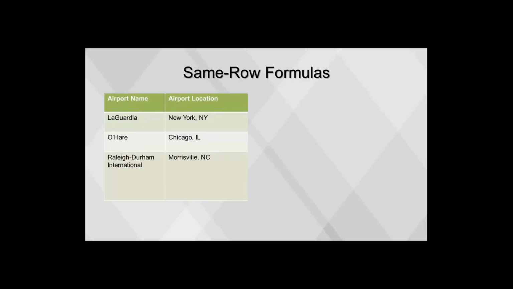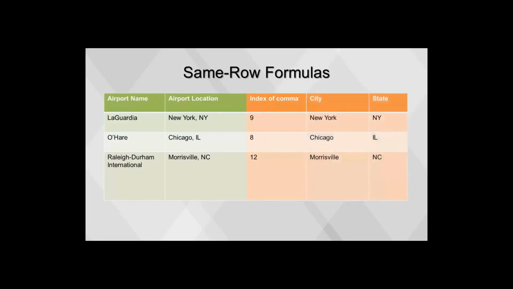To do this, we need two functions, index and substring. The index function will help us identify the location of the comma in the text field, counting from the left, including spaces. This is done because the comma is not always in the same location. Then we use the substring function to extract everything before the comma as the formula for the city field, and extract everything after the comma and space for the state field. To get the city and state columns back into the format of the original field, we would use a concatenate function.